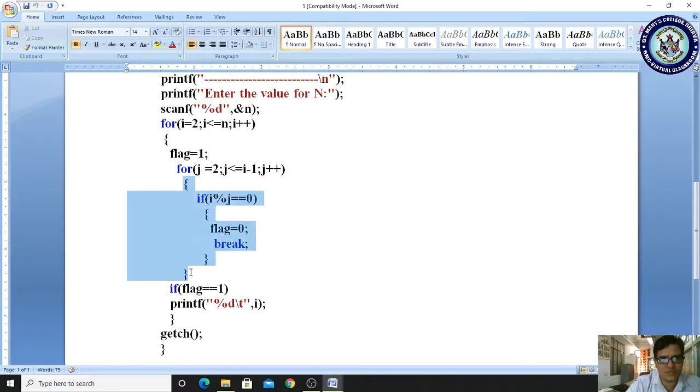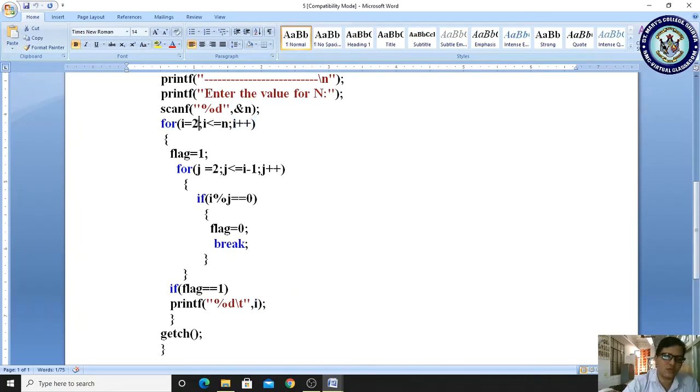It will skip this statement and come here. If flag equal to 1, whether the condition is true? Yes, the condition is true. printf %d i: whether 2 is a prime number? Yes, i consists of 2, it is true. Afterwards the control will directly come to your i incrementation.